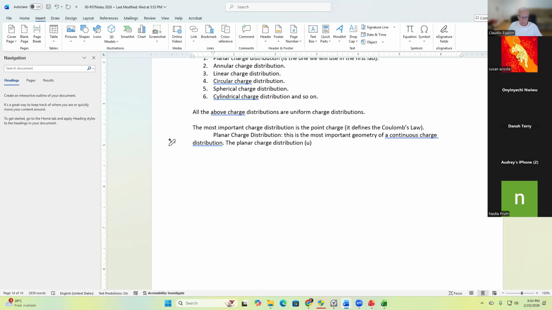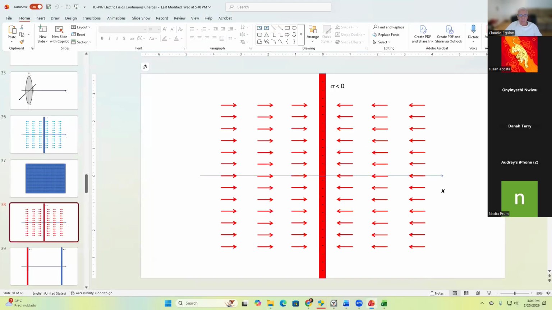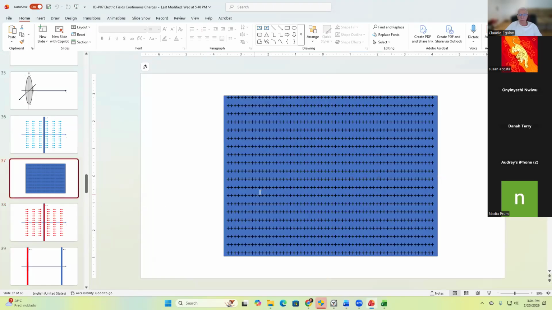uniform planar. Instead of just planar charge distribution, let's write that down as planar uniform charge distribution. So now you know that the charges are uniformly distributed throughout the plane. And what do I mean by uniform charge distribution? I mean the following. It means that the amount of charge here in this